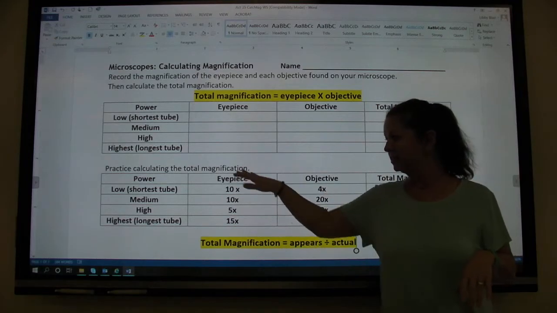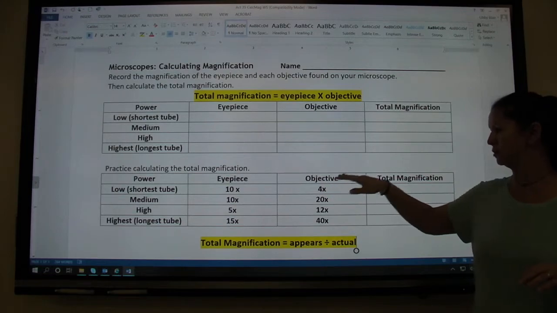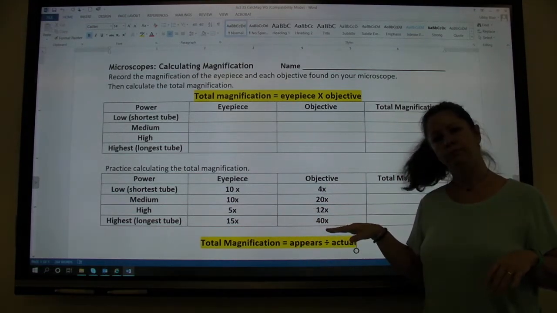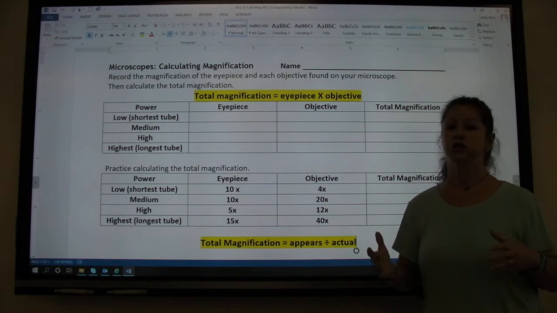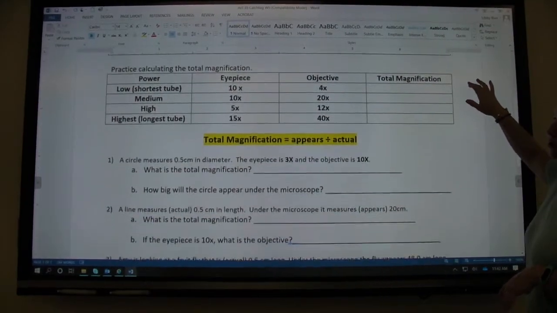All right, this is just for you to practice with. If this is your eyepiece and this is your objective, what would it be? Notice I've changed some numbers up. Remember, it doesn't matter what the numbers are. Just multiply them. Now, the one that's a little bit harder to work with